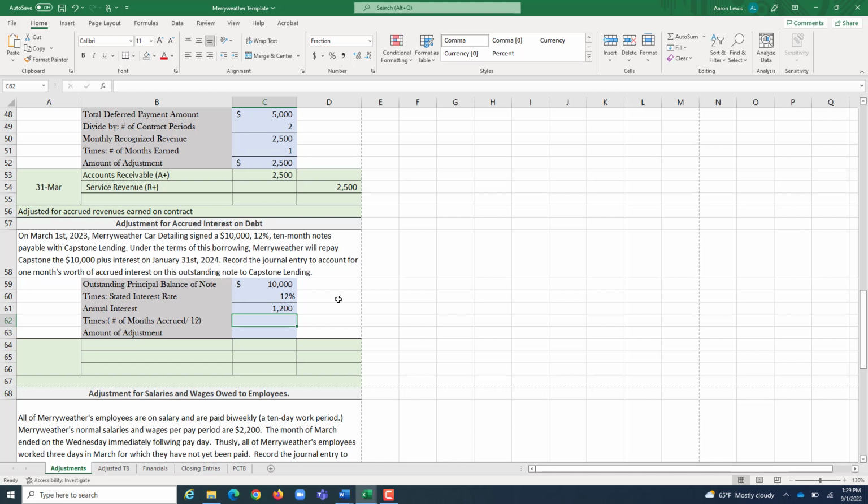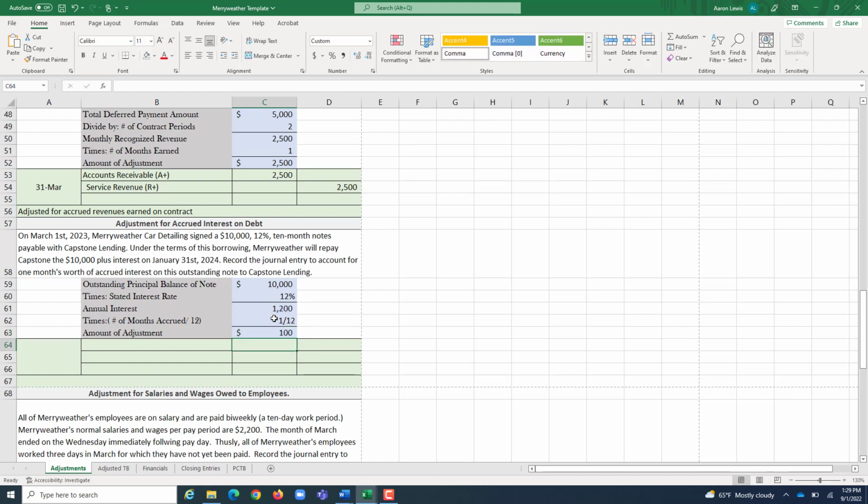So we would have to pay $1,200 if we had this loan for an entire year, but we haven't had it for a whole entire year. What have we had it for? Well, we took it out on March 1st. We're adjusting on March 31st. Only 1 month has passed. So if we paid this off early, we wouldn't owe a full year's worth of interest. We would owe 1/12 of that because 1 month out of the year has passed. And if we take $1,200 and multiply it by 1/12, we come up with $100,